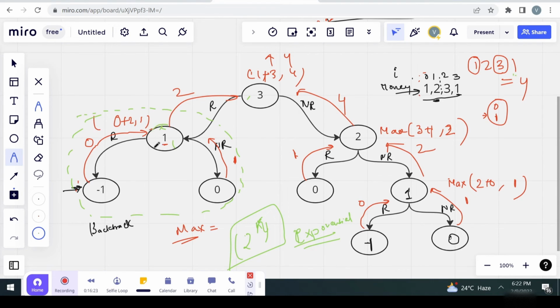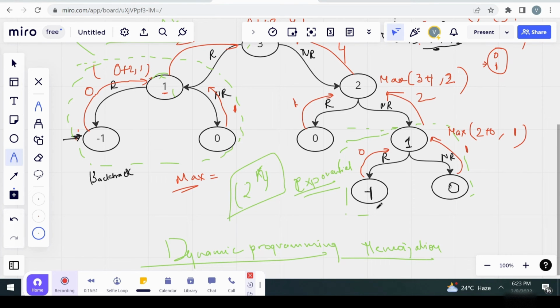If you see here, one is repeating, and again here one is repeating in the calls. So we can cache this subproblem, and in the future if the same house arrives, we can take it from the cache and save